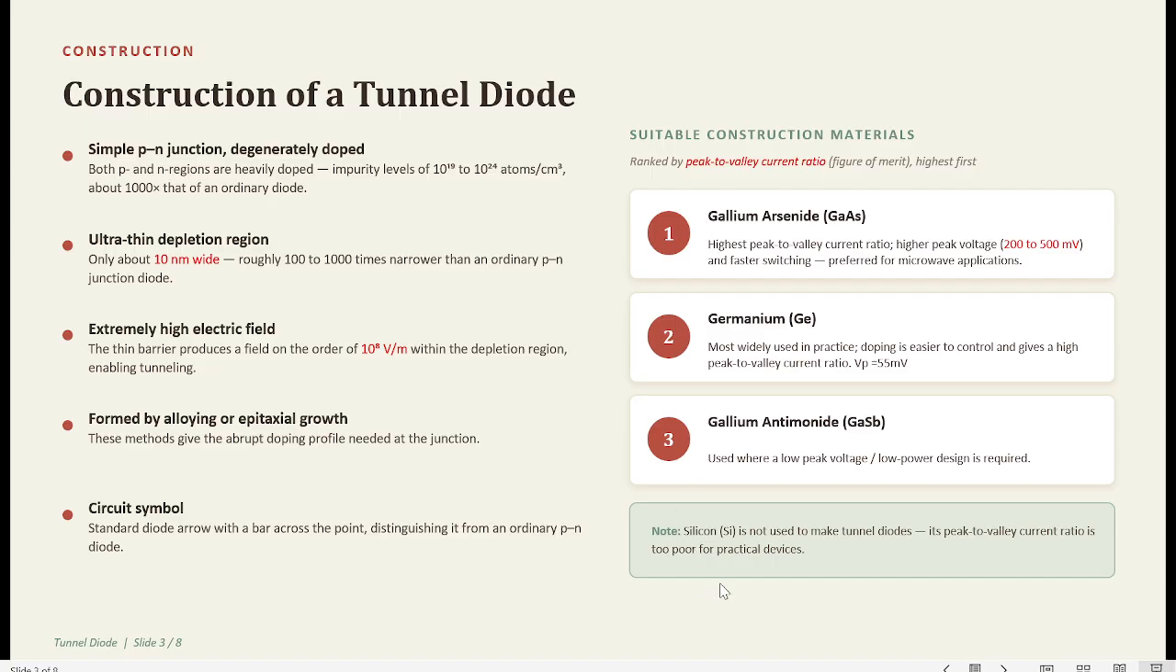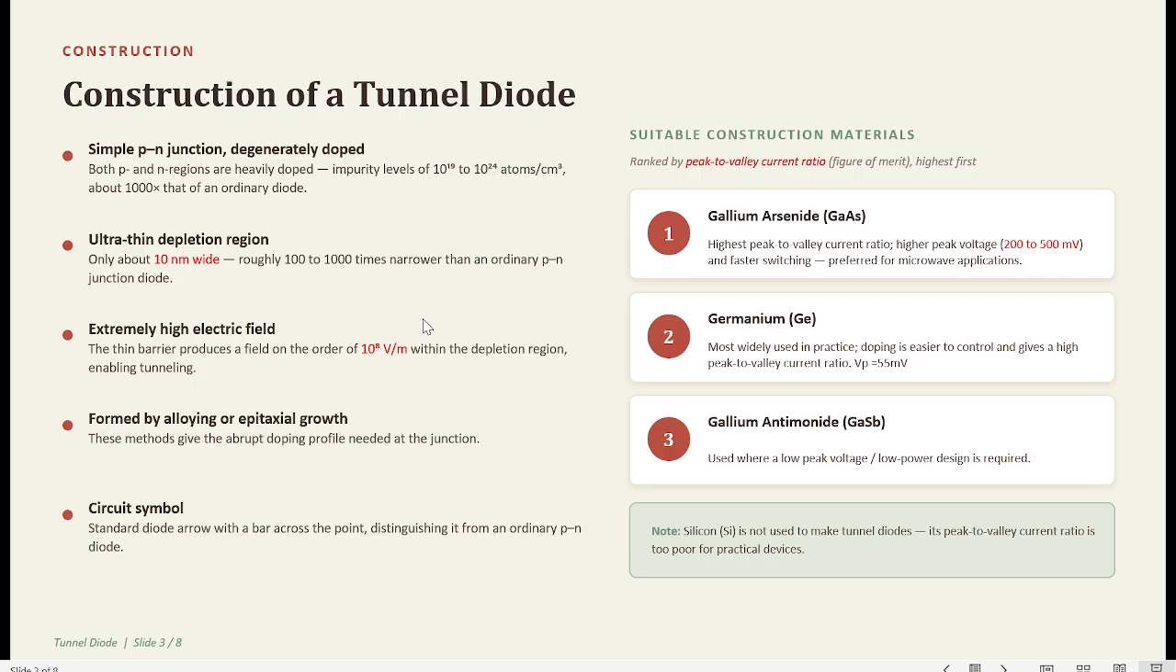Now, to our surprise, silicon, which is the most important and most favored material for the construction of an ordinary PN junction diode, is not suitable for the construction of a tunnel diode because it has a low value of peak to valley current ratio. Because of that, silicon is not used for the construction of a tunnel diode. So here we can see that